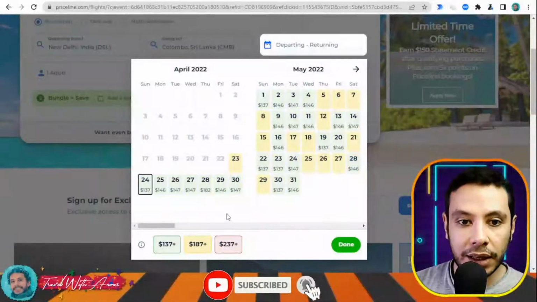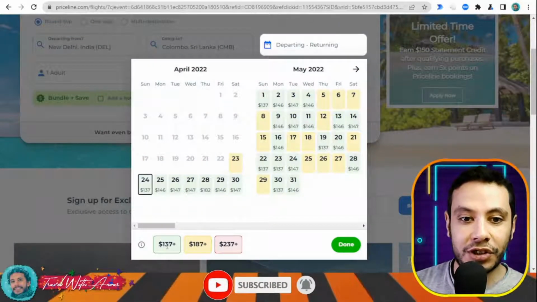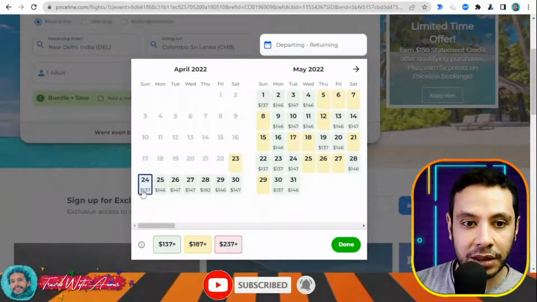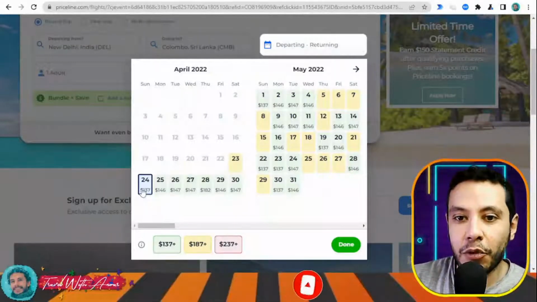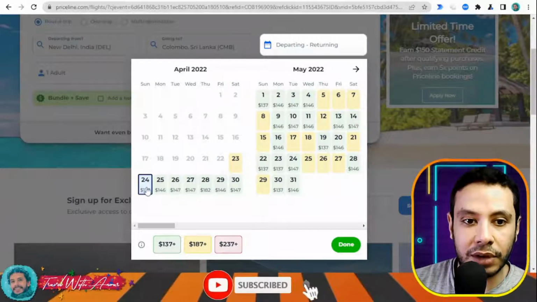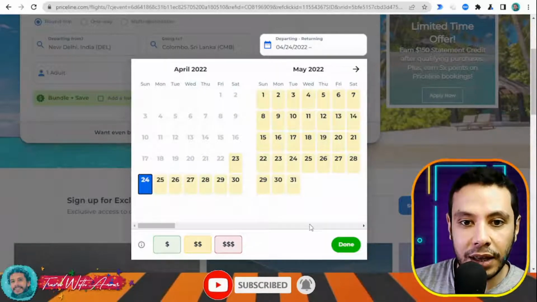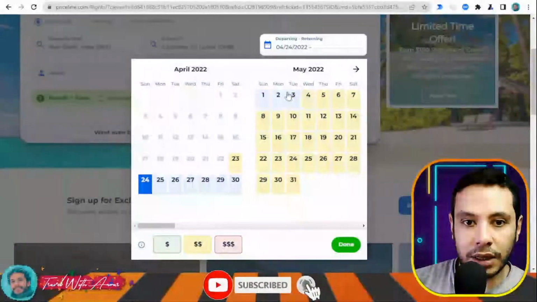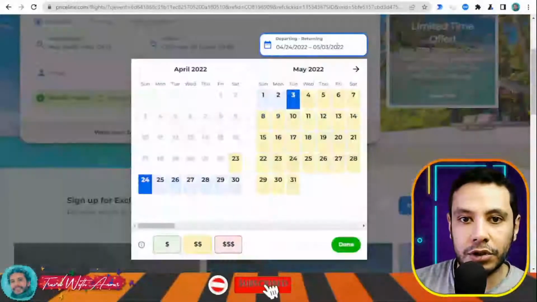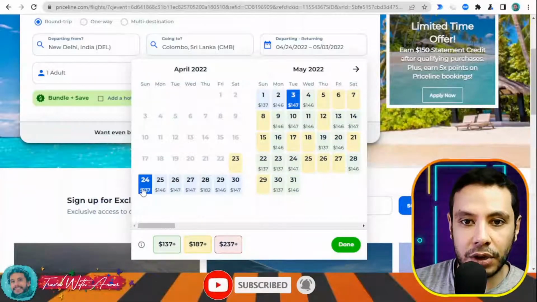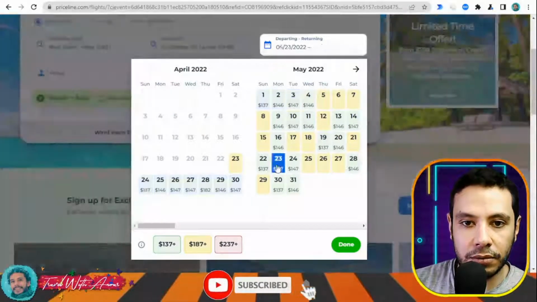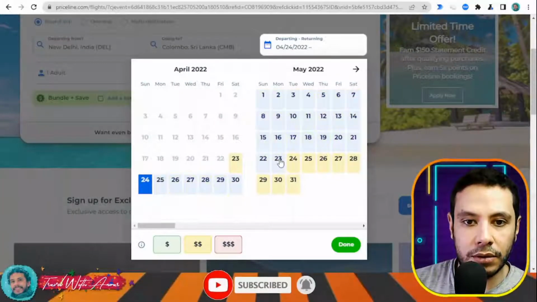adult. What I like here is they are showing the prices, the cheapest, like depending on the day you can choose the cheapest price depending on the day, so you have more flexibility. So I will travel as a 24th, for example, and after that the second date. Oh no, I wanted to check, wait, I want to check both prices. Okay, this price over here and this, okay, this one is also cheap,